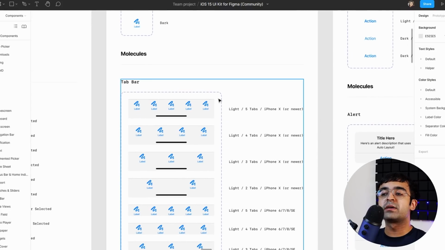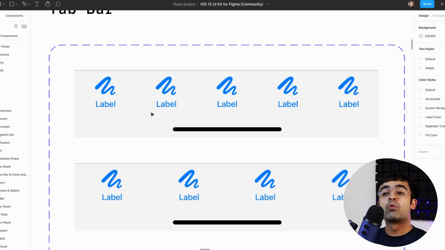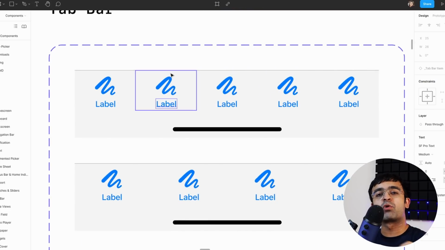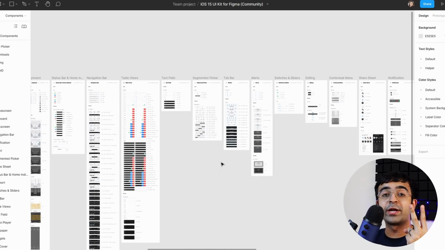It has all the specifics you need, things like how many rows or columns there are, how much spacing there is, what is the size of the text, as well as what is the size of the icon. This will help you understand what are the general principles or the general practice that designers have while designing a UI. A great way to start and a great way to learn.